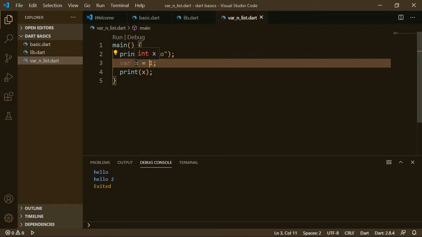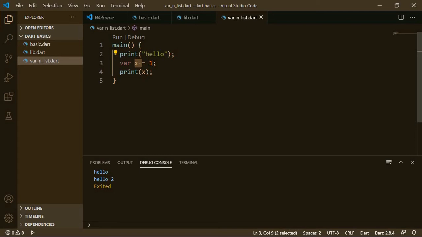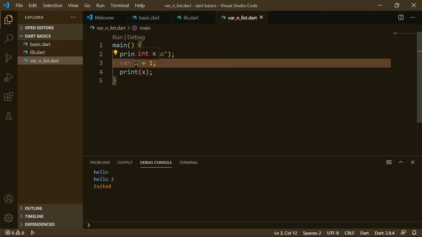So this var data type is a dynamic or runtime data type, which at runtime checks the value of this variable and assigns whatever we have here. So if I define 1 here, it will assign it to the integer. If I put some string, then it will show me the string. So it's a very good thing. Mostly we always use